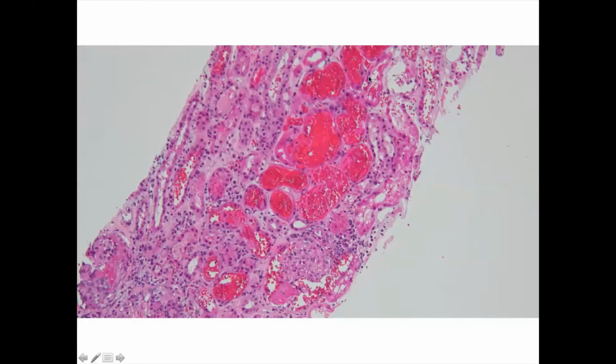Exactly. So we have red blood cell casts, and whenever we have red blood cell casts, we always think there is possibly a crescent somewhere. So if you see red blood cell casts in your biopsy but you can't find the crescent, there may be a crescent. Always